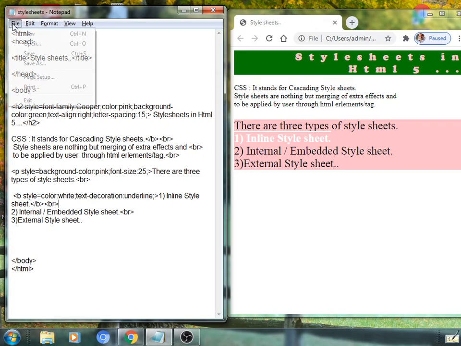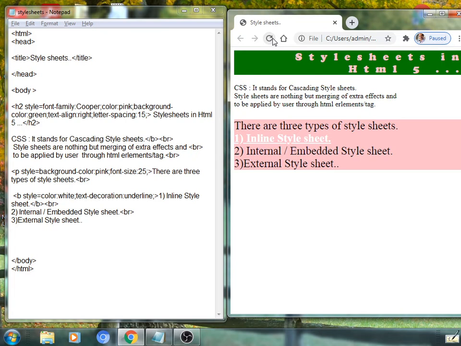See here, now the line is placed at the bottom of the text. It is possible. One can also apply a line through the text by using the value line-through. Save again, refresh here, that is applicable.